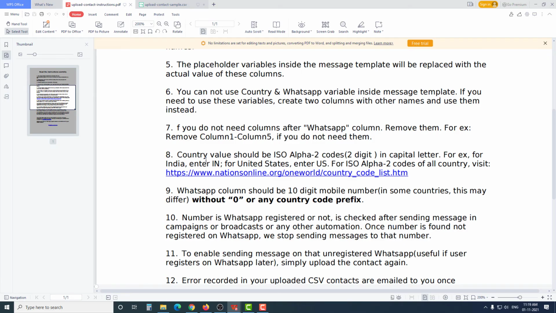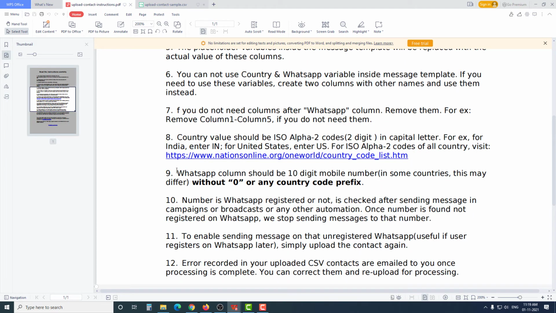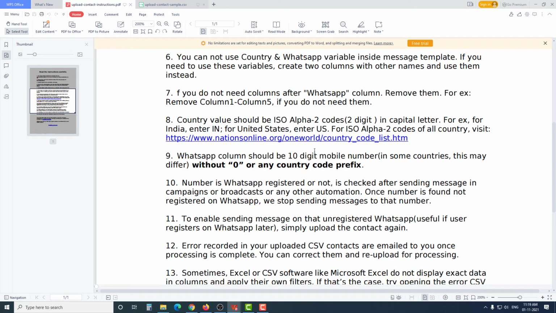And the next one, the WhatsApp column, should be a 10-digit mobile number. In some countries this may differ, like some countries have 11-digit or even 12-digit numbers, but you should enter it without 0 or any country code prefix. Just the 10-digit mobile number without 0 or any country code prefix. Like in India, the country code prefix is +91.